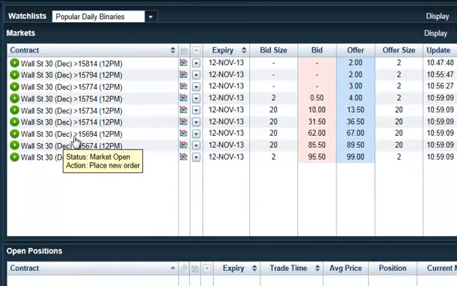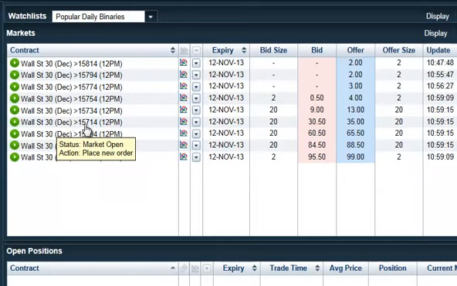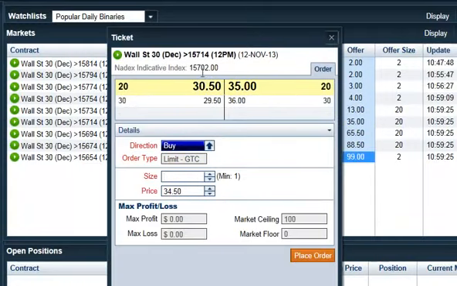So for example, say I thought the Wall Street 30 or the Dow December futures were going to be greater than 15,714 at 12 o'clock Eastern time. Currently, the market is trading at 15,702. So at this particular point, the market is about 13 points, now it's 10 points as I'm talking, under this particular thing. So if I think the Dow is going to be above